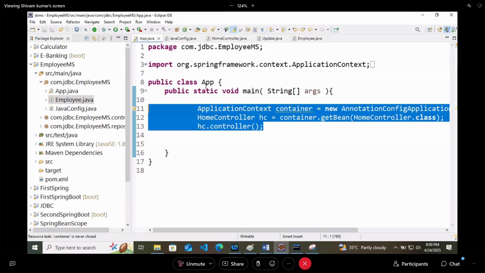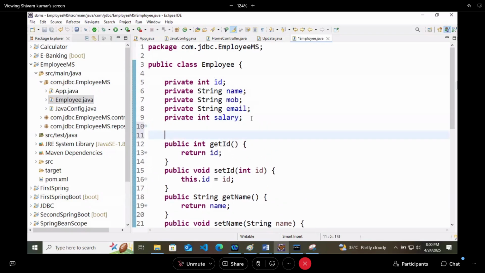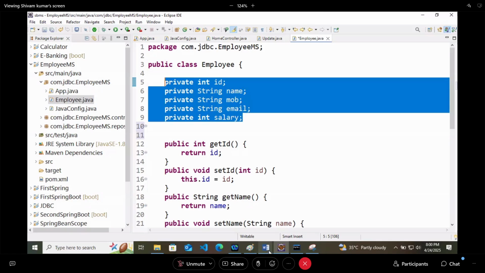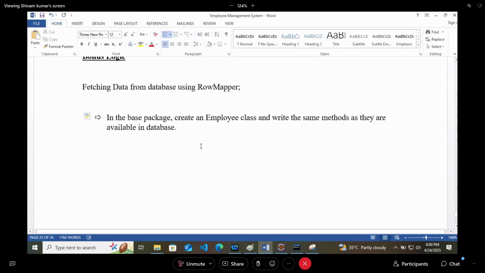So already we have created one employee class with these private fields. Make all the fields private and generate getters and setters.